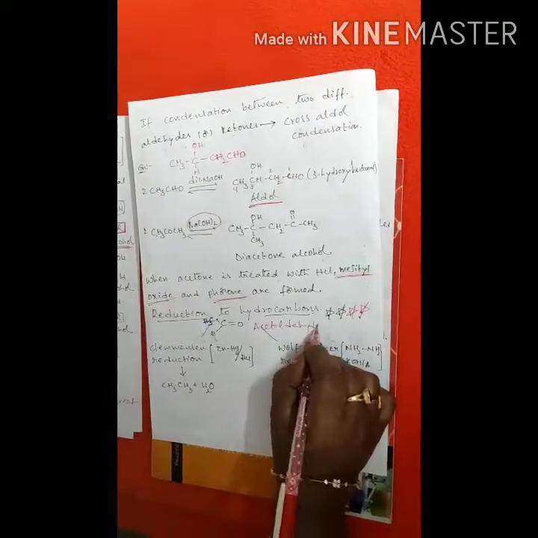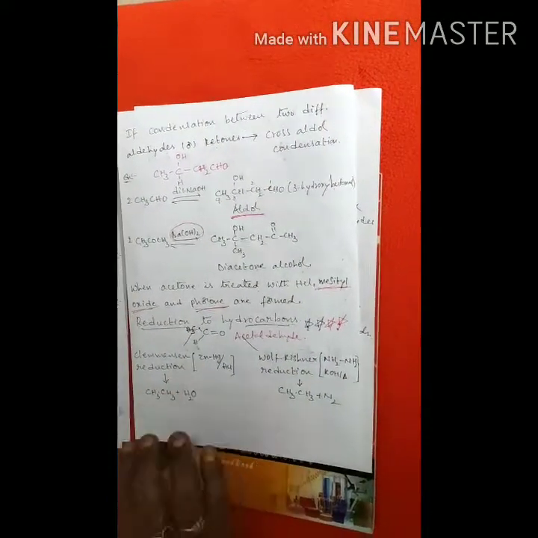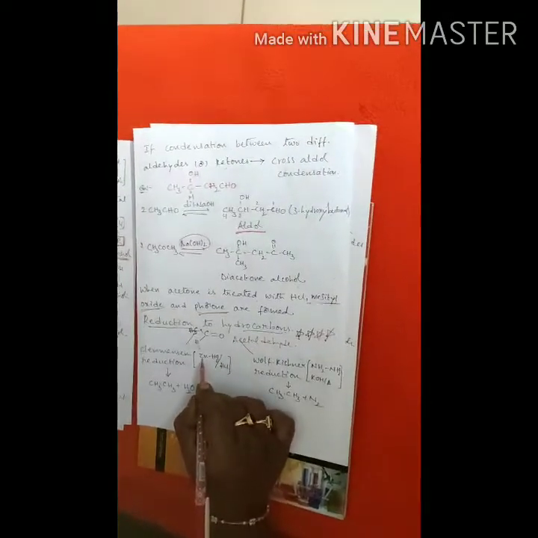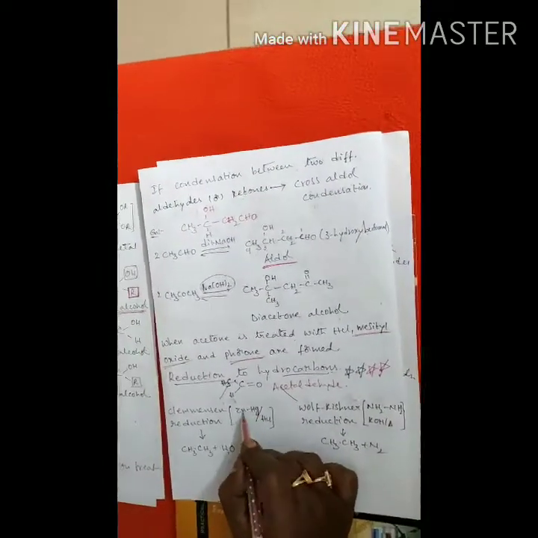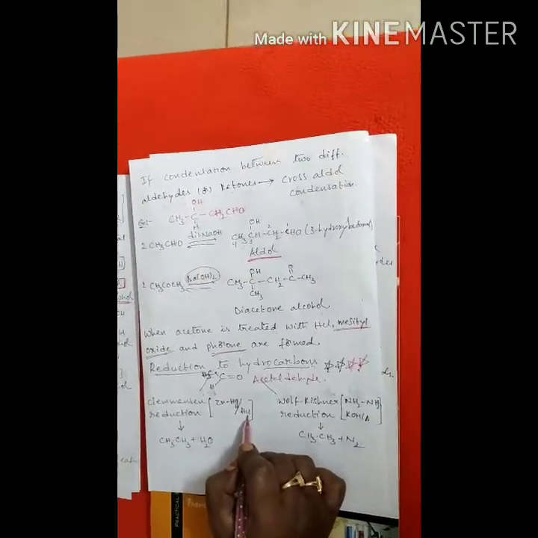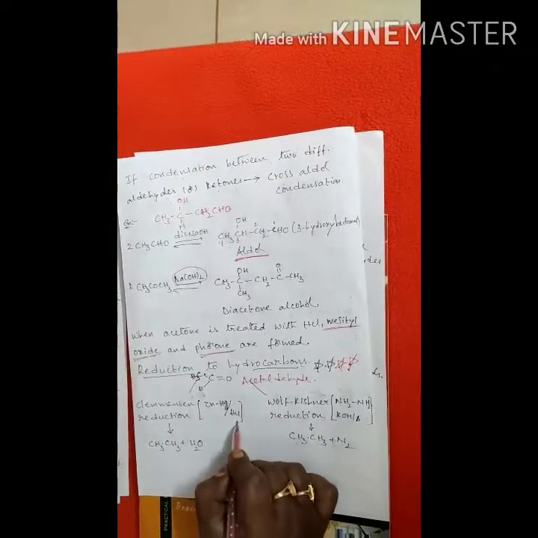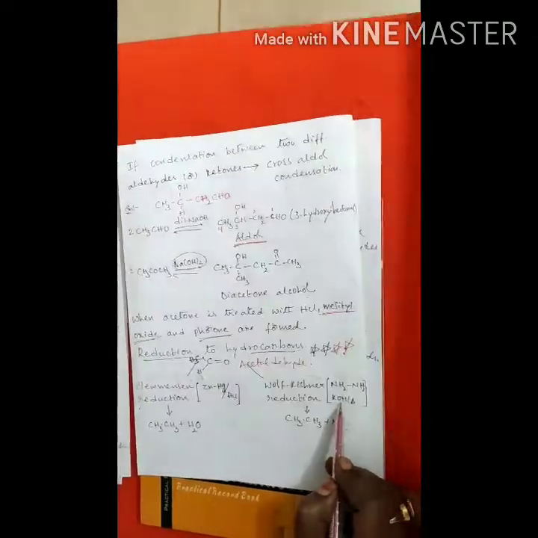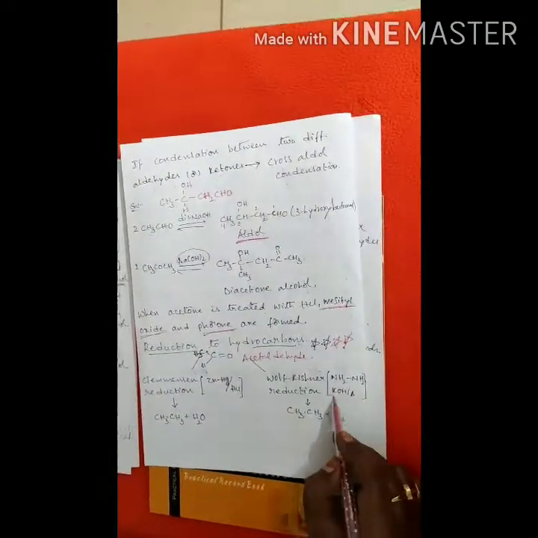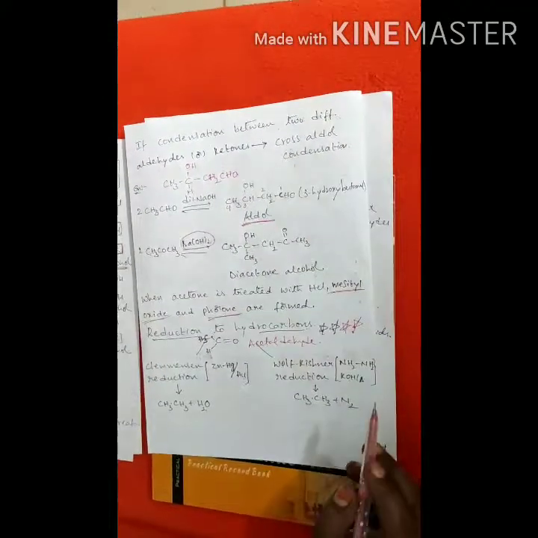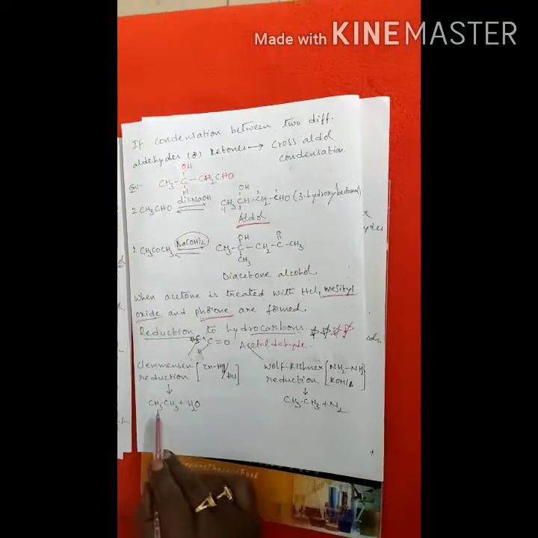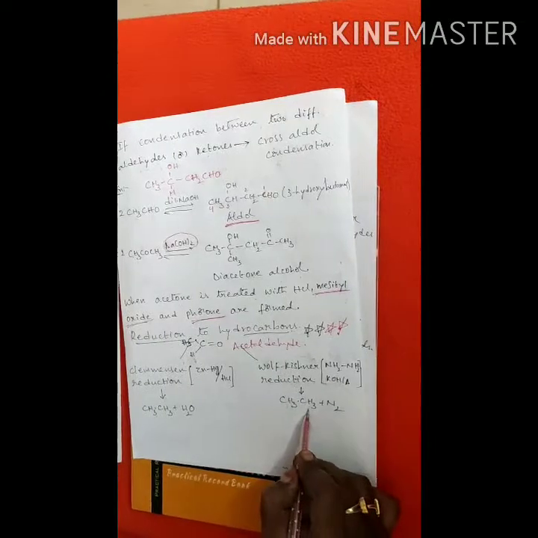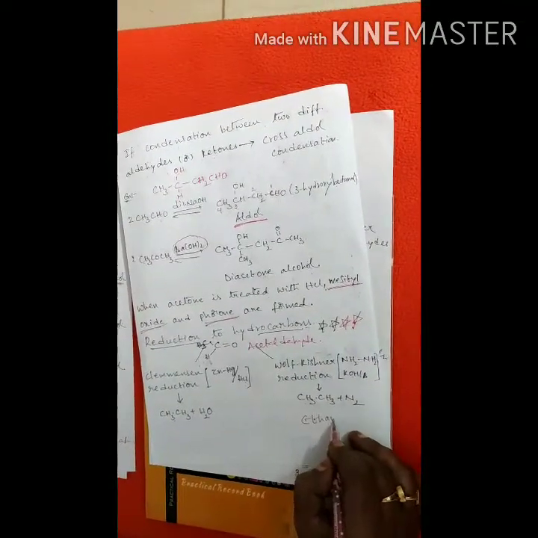Here there are two reagents. This is zinc amalgam. Amalgam means mercury. When zinc is amalgamated, that is zinc amalgam, and it is treated with HCl, it is called zinc amalgam in presence of HCl. Another reagent is hydrazine in presence of KOH. When we heat, what happens? Acetaldehyde is converted into ethane. In the second case also acetaldehyde is converted into ethane. A hydrocarbon is formed.